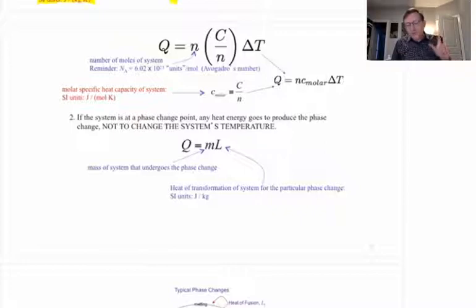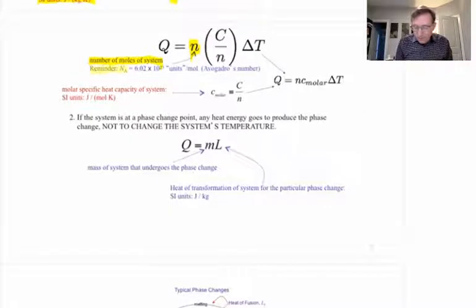So what you could do is take that very first formula, Q equals capital C delta T, and multiply and divide the right-hand side by a different measure of the amount of matter, the number of moles. Your book's symbol for the number of moles of a material is little n, number of moles of the system. And I'm going to talk a little bit more about that in the in-class video, a brief reminder. But for now, you just basically need to remember, when you're working with number of moles, another important number